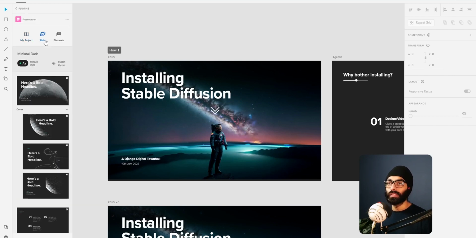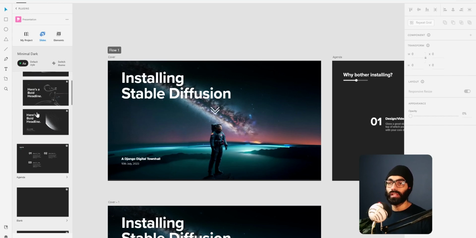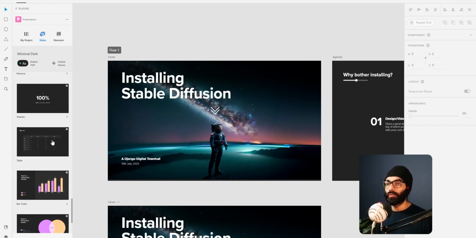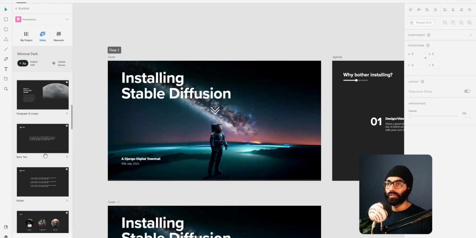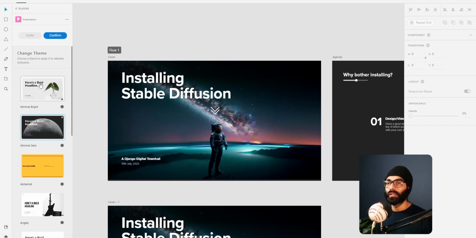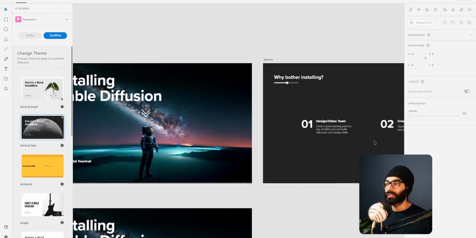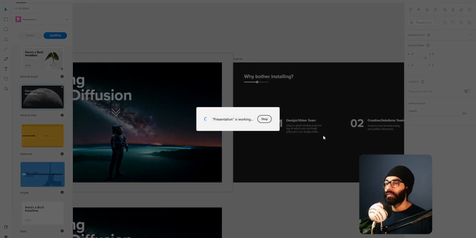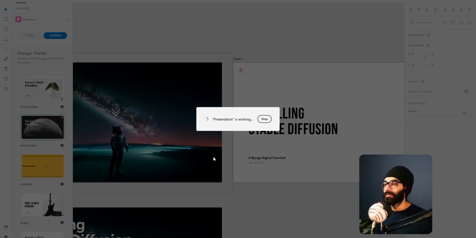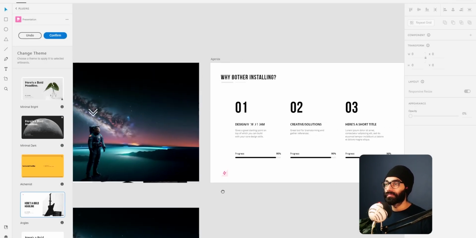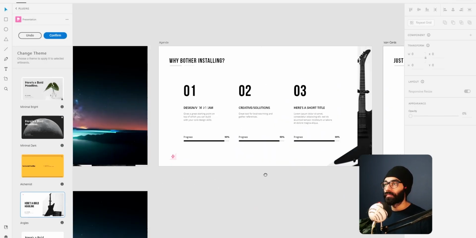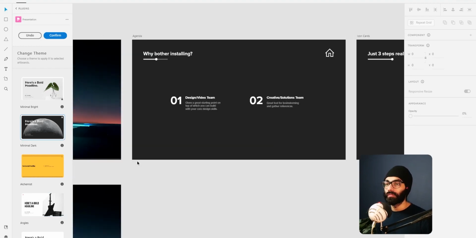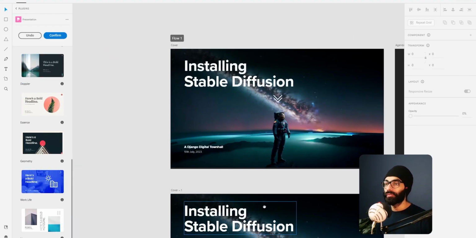Firstly, for slides, you can change the slide. Initially it will be a bunch of different formats you can use, like geometric or whatever, but you can switch theme as well. I've used the minimal dark for this because I like the dark theme. You can go for these, and if you click on it, it should in real time take all the elements of that theme and apply it to this presentation, which I don't know if you can undo. Wow, it just messed everything up. So yeah, undo works. But yeah, a lot of nice themes for you to use as a starting point.